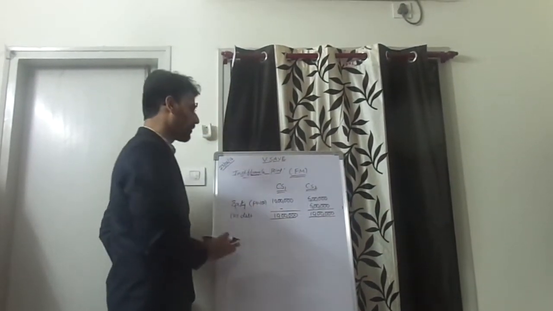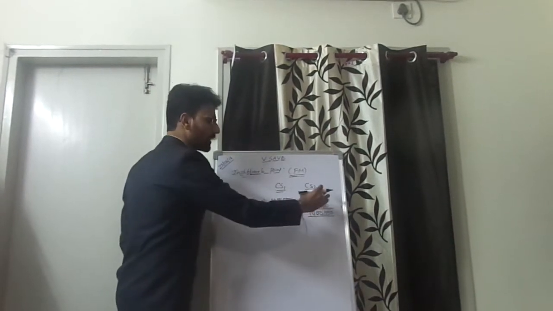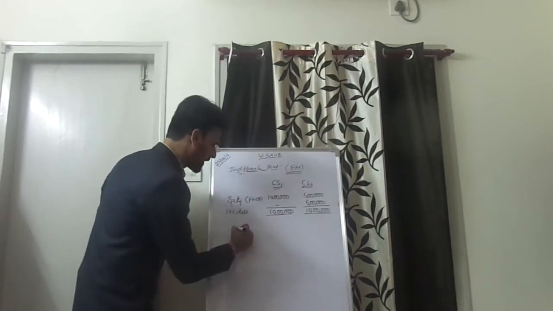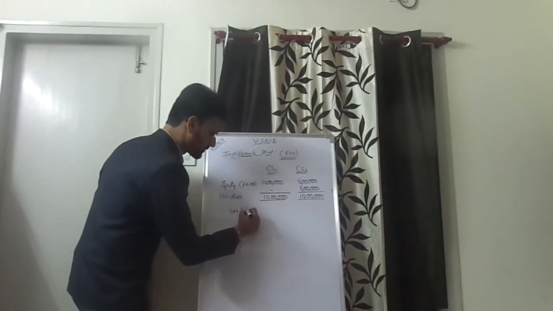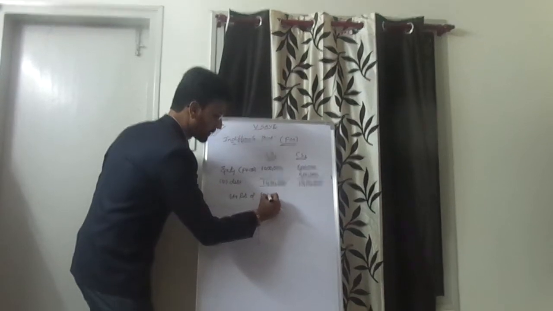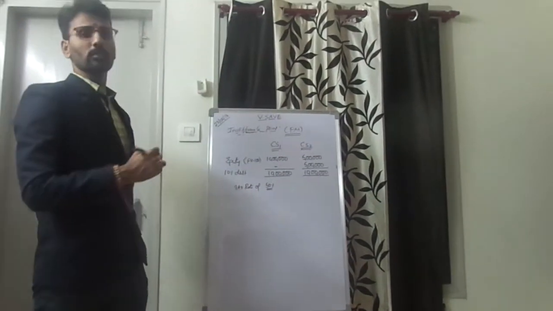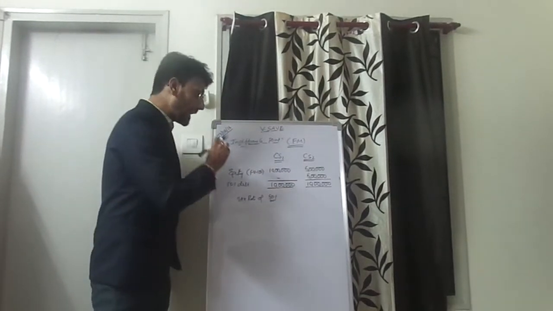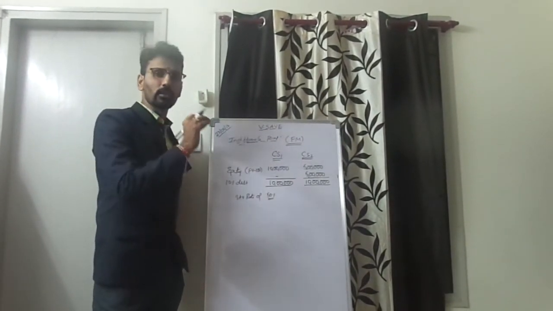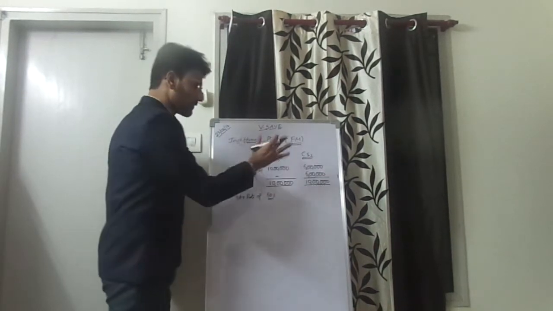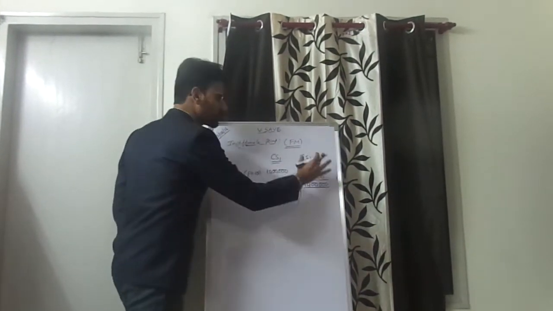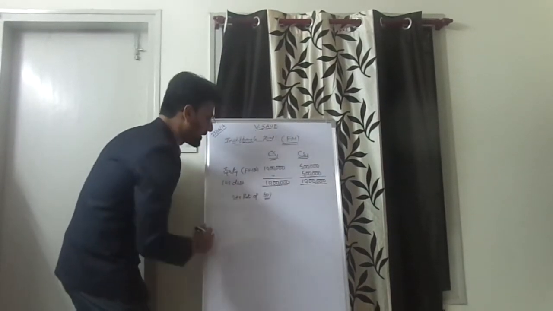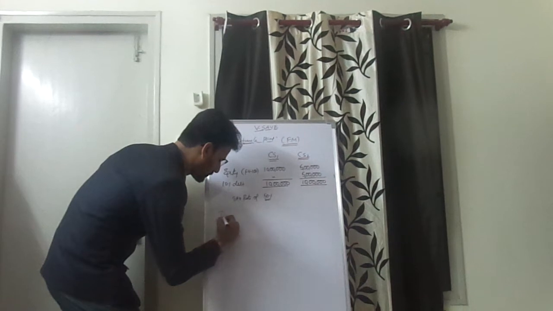Structure 1 talks about 100% equity and structure 2 talks about 50% equity and 50% debt with a tax rate of 50%. Now let us compute what is indifference point. As discussed, it is a level of EBIT at which EPS under this structure or EPS under this structure shall be the same. To compute EBIT, now we should write indifference point equals to